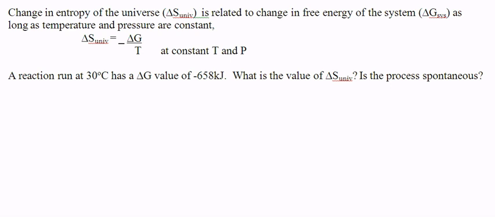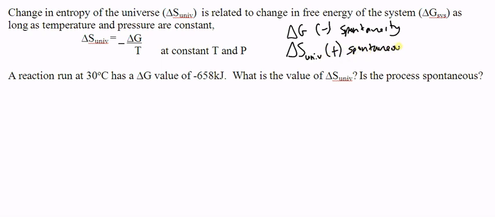So, with temperature being constant, it's still going to get plugged into this particular equation here. And the reason for this is just like when delta G is negative, we have spontaneity in the direction shown. When we have delta S for the universe being positive, it's also going to be spontaneous in the direction shown. And so it's this negative sign really that links these two terms and lets them both be in agreement about